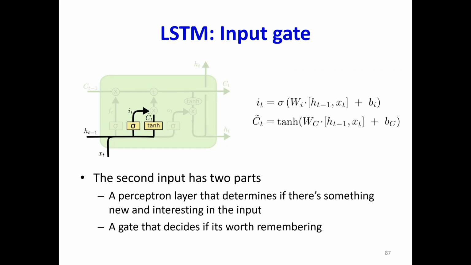But then they like to gate it because, again, using my coding example, I might find another closed curly brace or open curly brace, but it may occur in a comment line. And so you need to say, is this really relevant? Must this modify my output? And so you have the tanh over here, which operates on an affine combination of the previous hidden state and the current input. And this is a pattern detector, which computes the pattern C tilde. And this is what's called an input gate, which determines whether what has been detected is relevant or not, and whether it must be used to modify what's in raw memory.